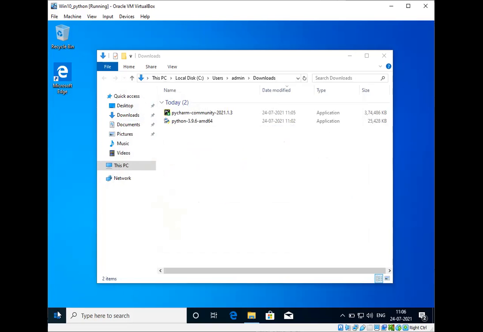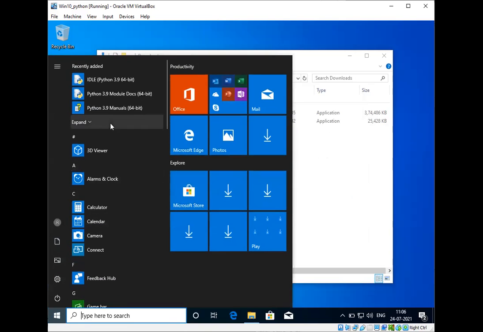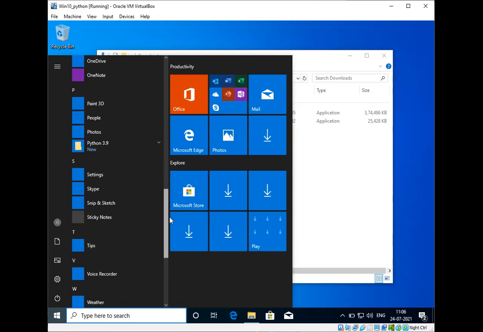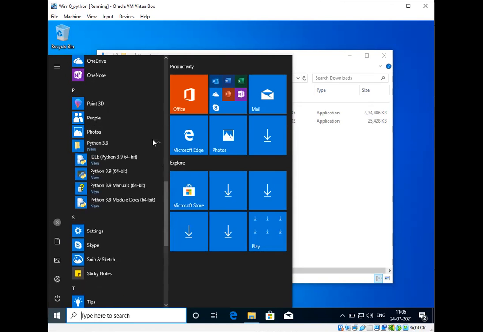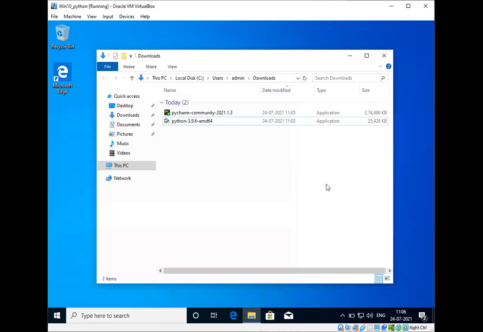Now, if you go to the start menu, you have a folder created with Python 3.9, and you have the inbuilt editor IDLE. You can use that, but let's go with PyCharm.